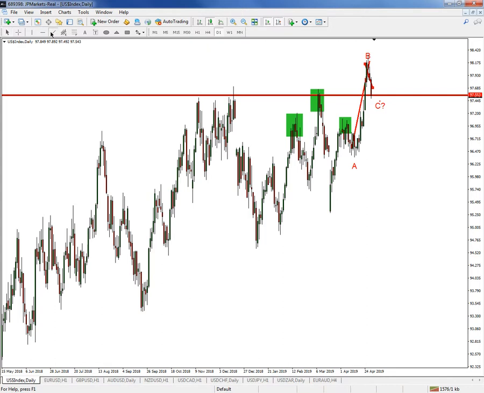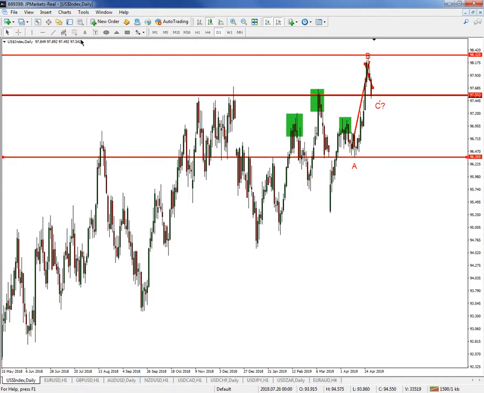Right, let's just find out if that level is actually a strong fib level. If I put in my fibs from B and A and I draw in my fib all the way from B down to A, I can see yes, that is a potential strong fib level. We're sitting currently on a 38.2. So I would like to see the daily dollar index candle close above 38.2.